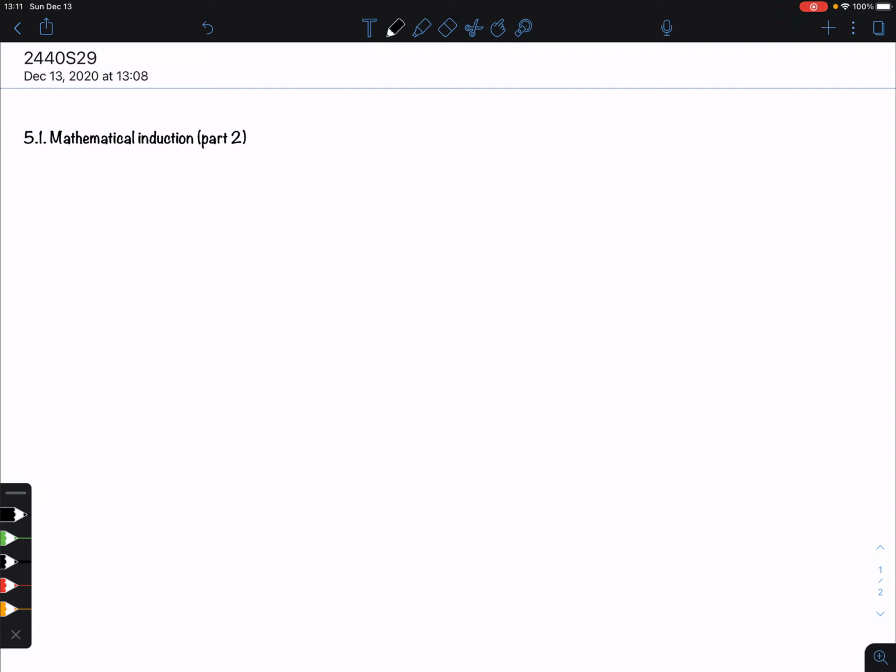So let's start with, so far we have been proving equalities or inequalities. Here's another statement: for all n, n cubed minus n is divisible by 3. That's the statement. And of course, again, there's no universal quantifier written, but that means we are actually claiming this is for all n. And therefore, the proof by induction: